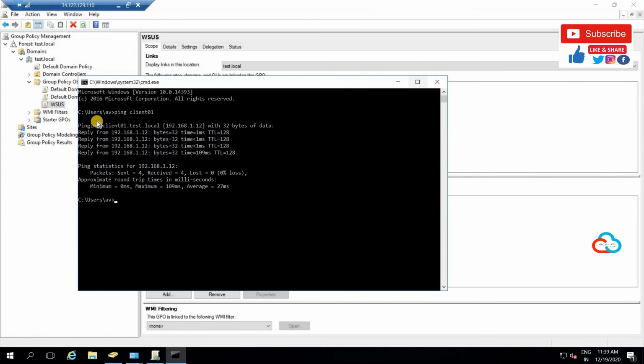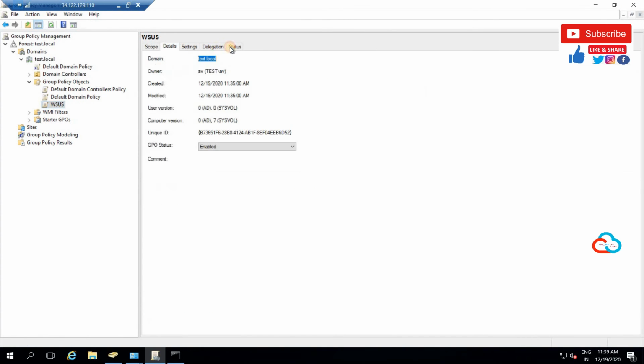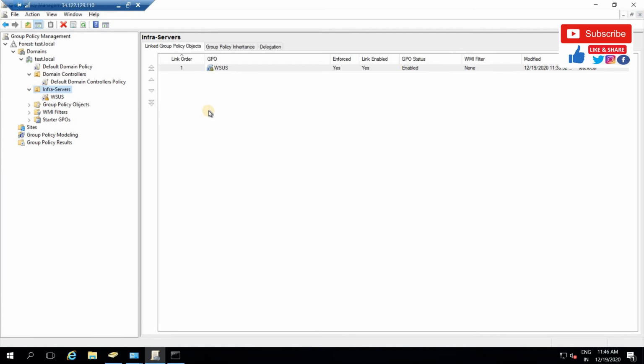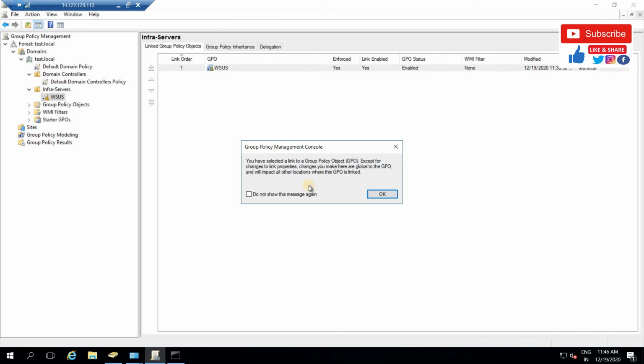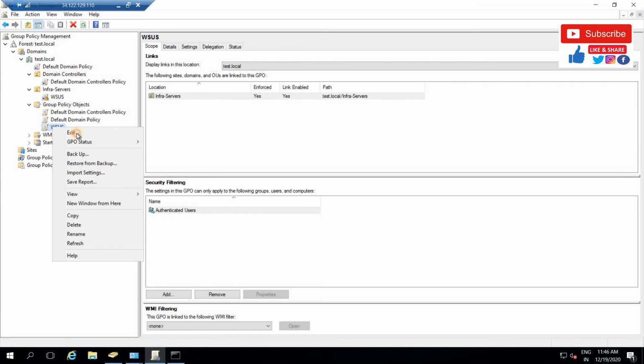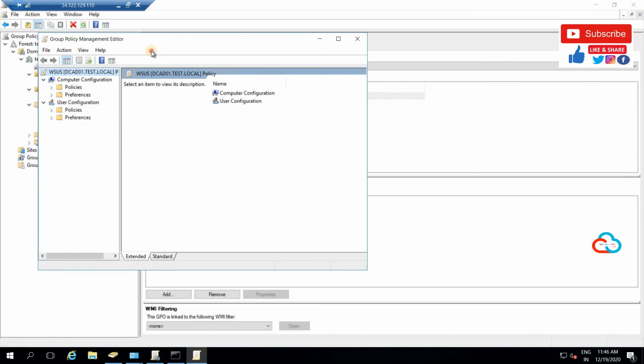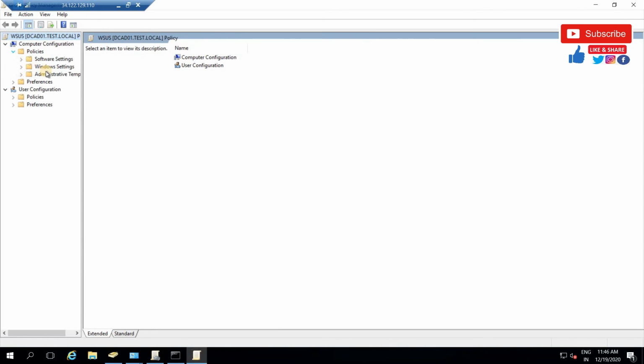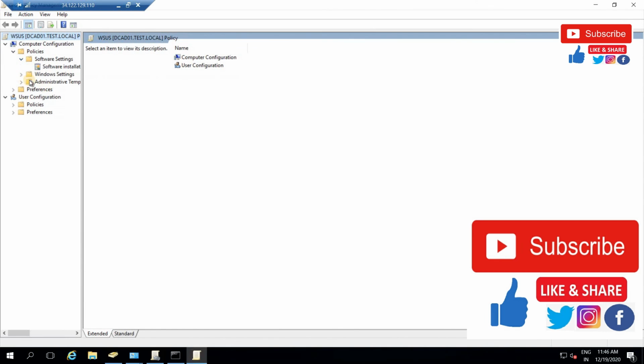I'm closing it, and you can see here. So let's create a policy and apply it quickly. I have created a policy here as well, if you can see. This is the group policy, and if you go into edit, you can see what options I have selected.